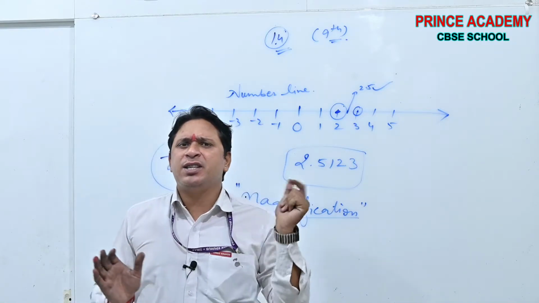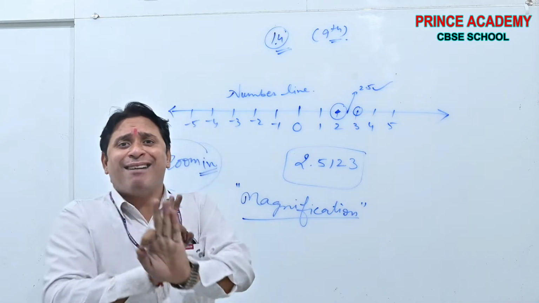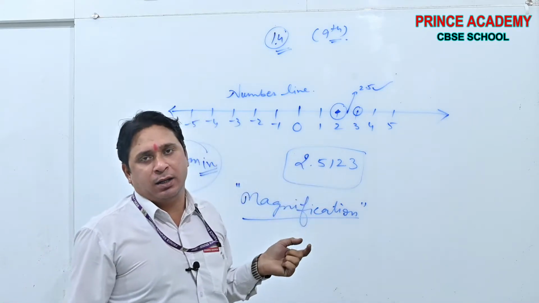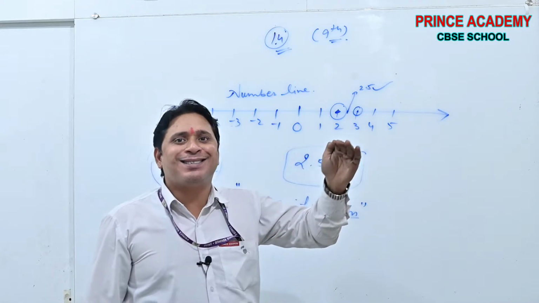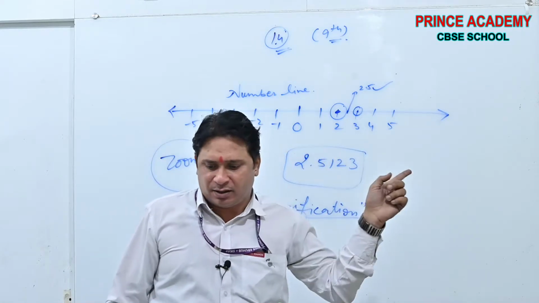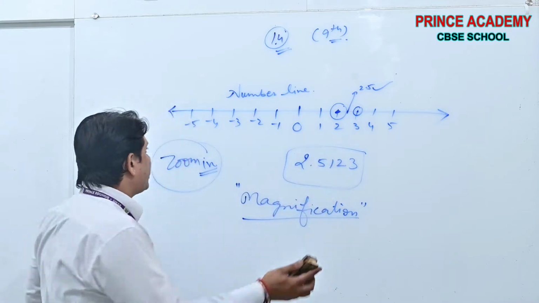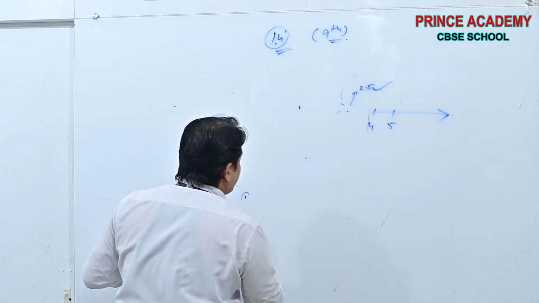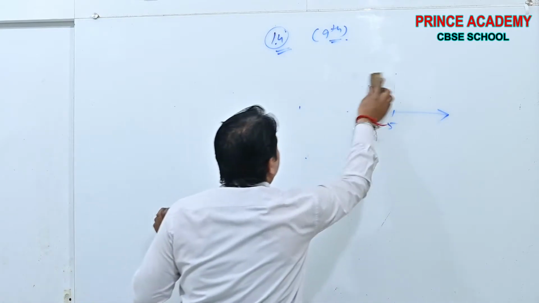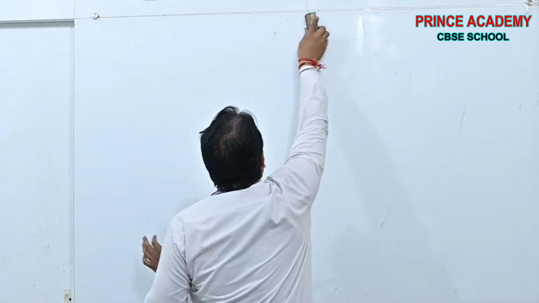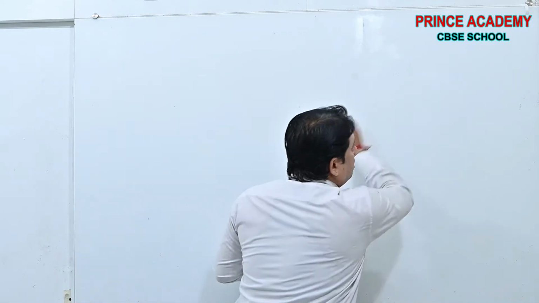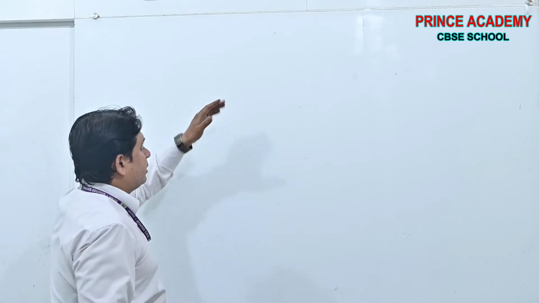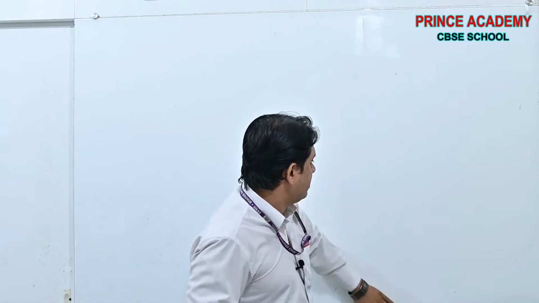Whatever the kind of question, you will easily be able to do it. Whatever the number you have to locate, try to locate it in a series of 10. I will make you understand. Just watch, because visualization of a concept is far better than the verbal method. The visual method is more convenient and better than the verbal method.